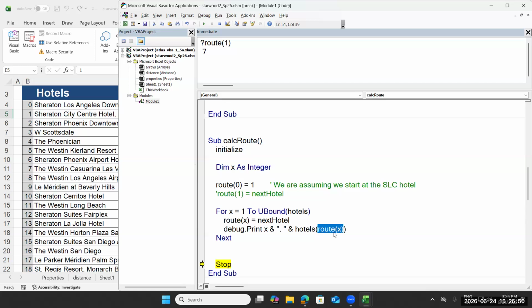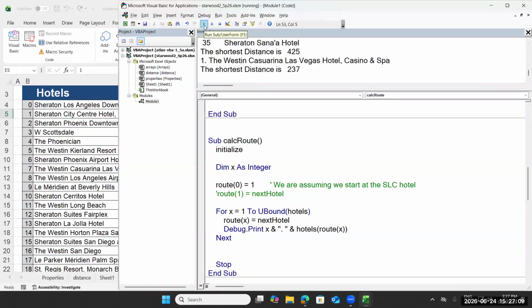Does that make sense? So basically I'm turning the number of the routes, here's the numbered route list, into the hotel name when I do it this way. Does that make sense? And that should produce a list in my immediate window of what the hotel route looks like by name. Okay, so if I run this,